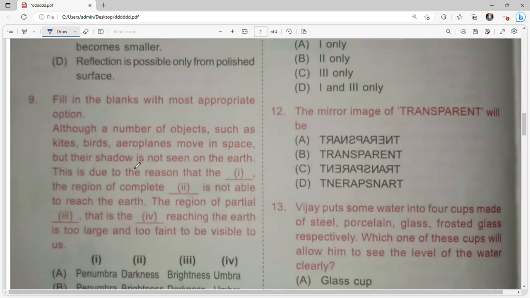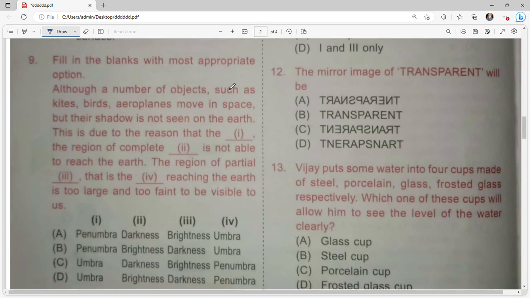Next question, question number 9, is fill in the blanks with the most appropriate option. So let's read the paragraph. Although a number of objects such as kites, birds, aeroplanes move in space, their shadow is not seen on the earth. This is due to the reason that the first blank, the region of complete second blank, is not able to reach the earth. The region of partial third blank, that is the dash reaching the earth, is too large and too faint to